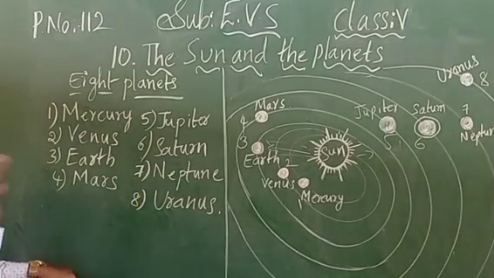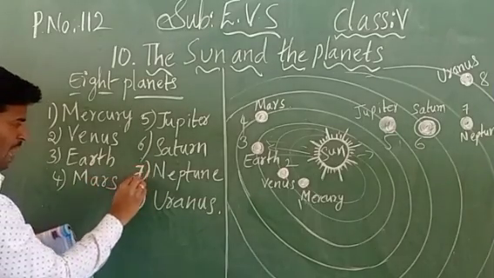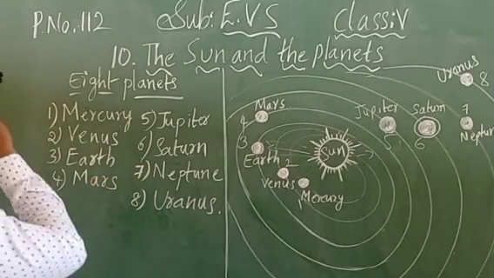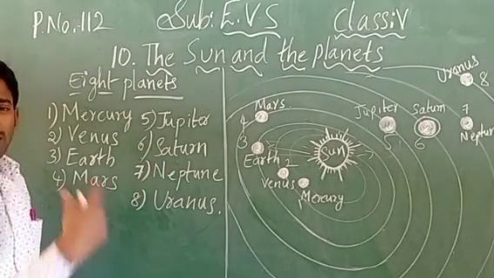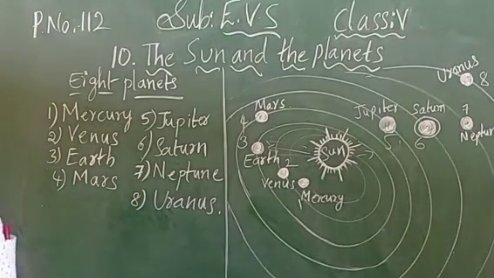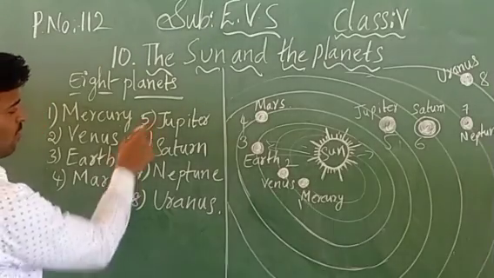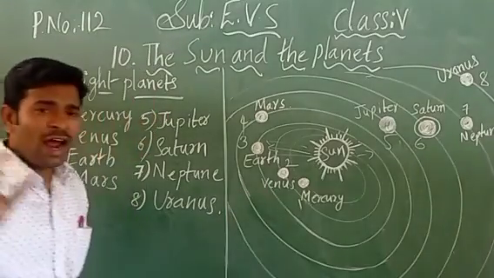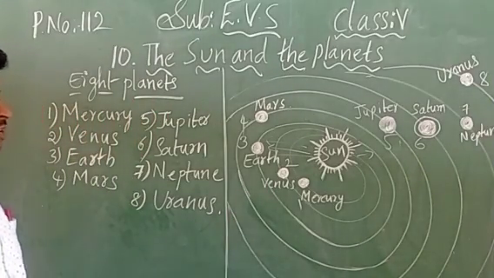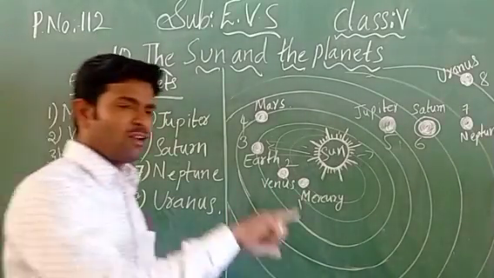So you should learn those words, children. Name of the planets you should learn. Already I have sent you the names of the planets. How many planets are there in our solar system? I have sent you the question also, and I have given the 8 names of the planets also. So here, sir, where is the Earth present? Where is Mercury present, where is Saturn present, sir?